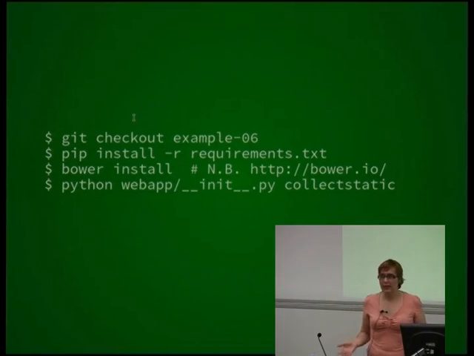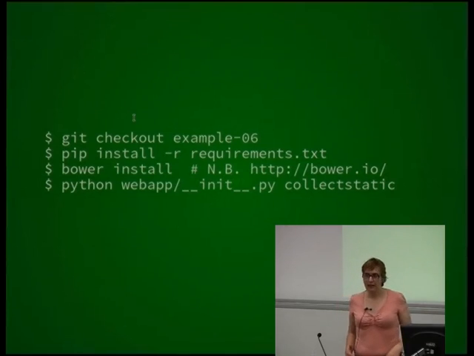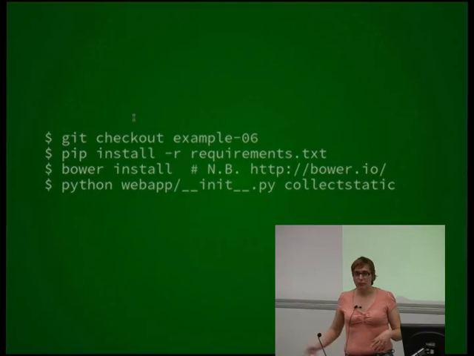And this way you don't have to care. You can just have the versions in a file. Someone wants to change a dependency, change the file, run the thing. It's package management. Then I knocked together this very quick little collect static that will pick them up from Bower and copy them into our static location,